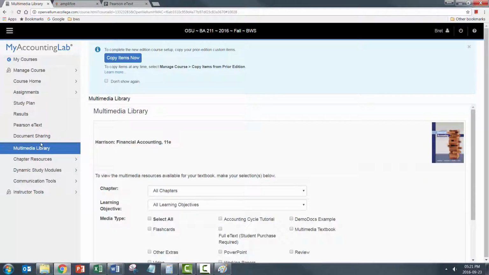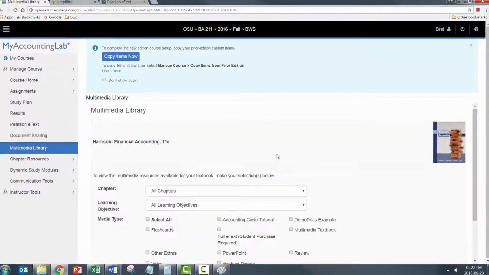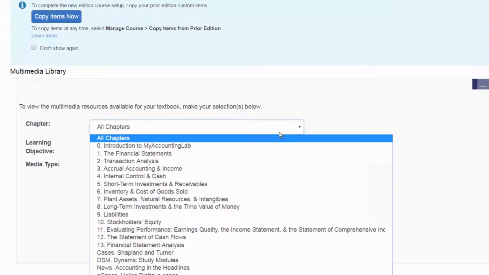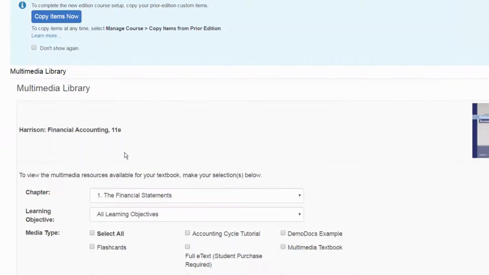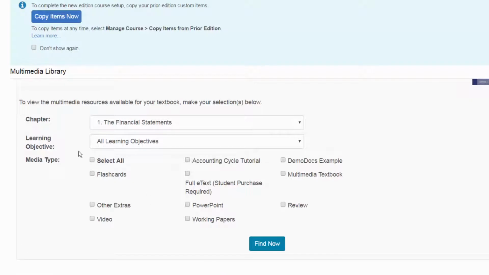Now it's up to you if you really want the full breadth of tools that's available inside My Accounting Lab. Click on the Multimedia Library category on the navigation pane. Scroll down here and select, for instance, Chapter 1, the financial statements. These are all the different items that you can select to practice with to help you understand the